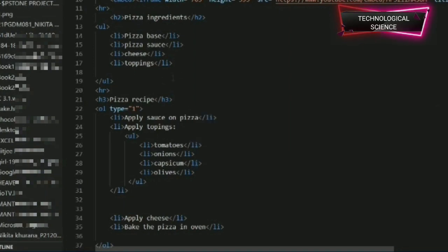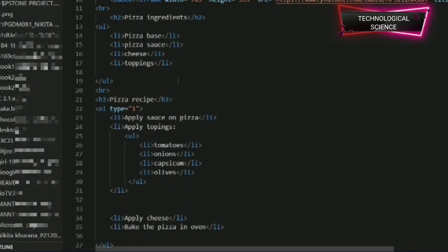Okay, so what is the meaning of an unordered list? Unordered list means, for example, you are going to the market and buying the ingredients for the pizza. It doesn't affect the recipe whether you buy the pizza base first and then cheese, or you inverse it. It basically means the same. But making the recipe is a different task.